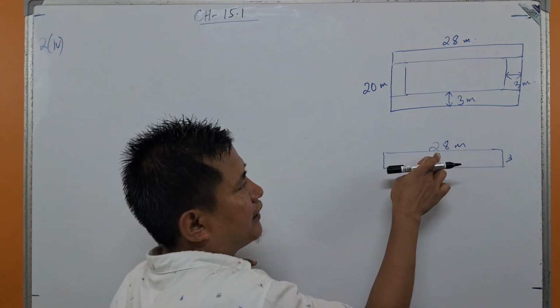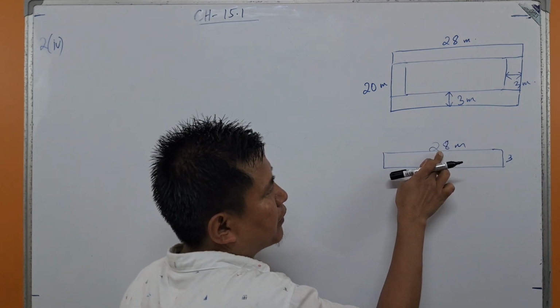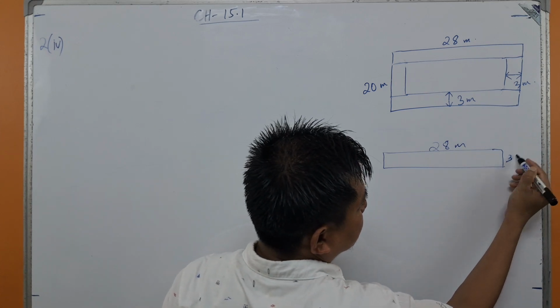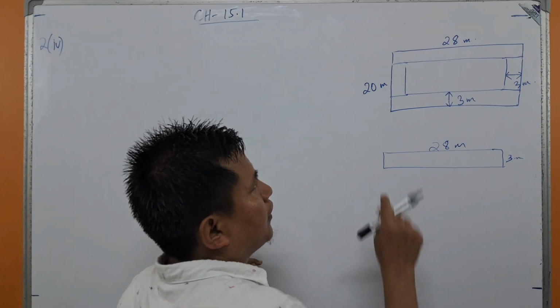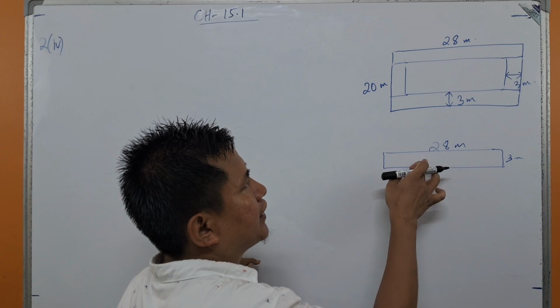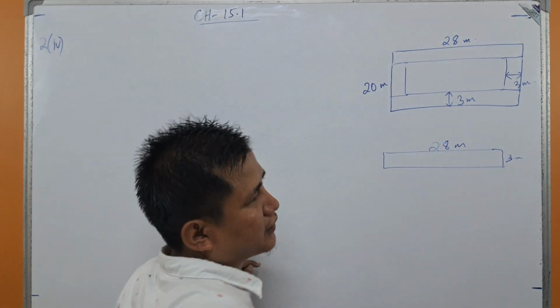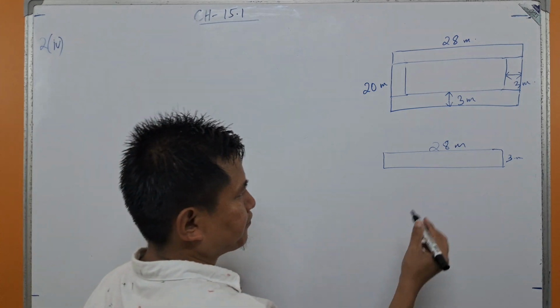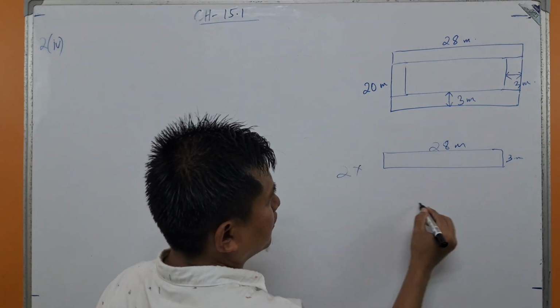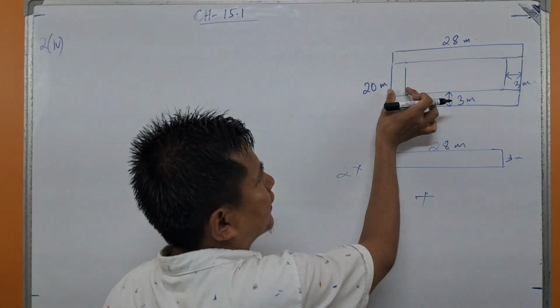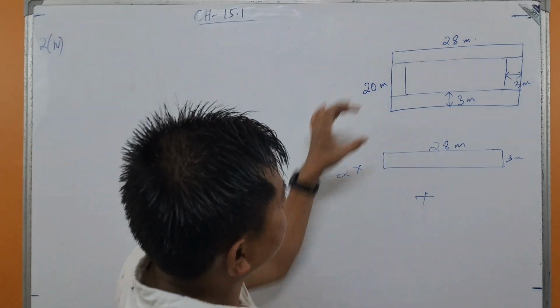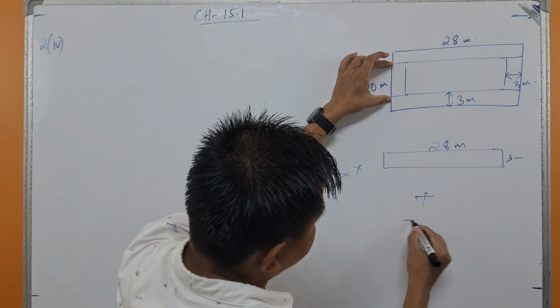When we find the area of this rectangle by multiplying length and breadth, we can simply multiply this area by 2 and get the total area of these two rectangles. After that, into 2 plus we find the area of this small rectangle here. So this small rectangle,